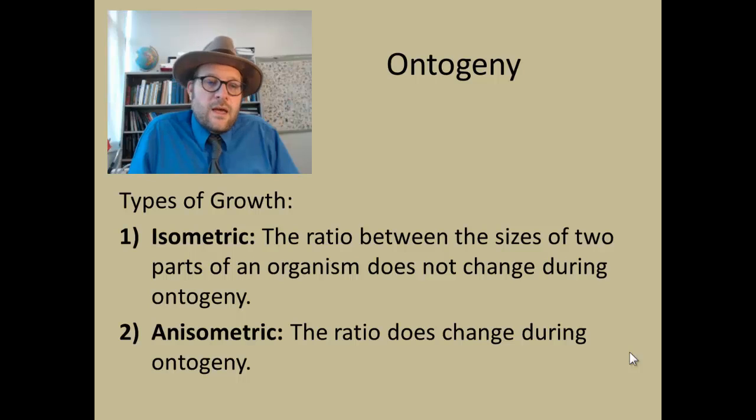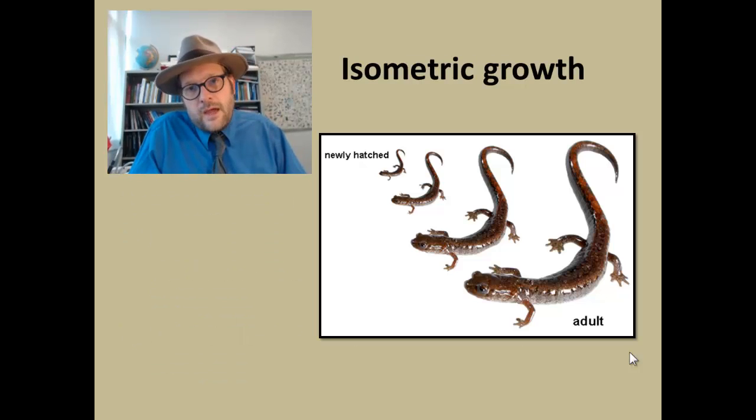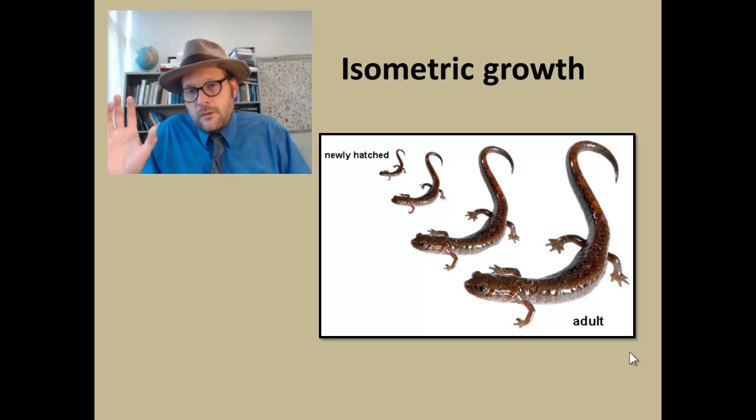The other type is anisomeric, and anisomeric is where the ratio does change during ontogeny. So let me give you an example of that. So isomeric growth, if an organism exhibited isomeric growth, it would mean that the babies would look identical in proportions